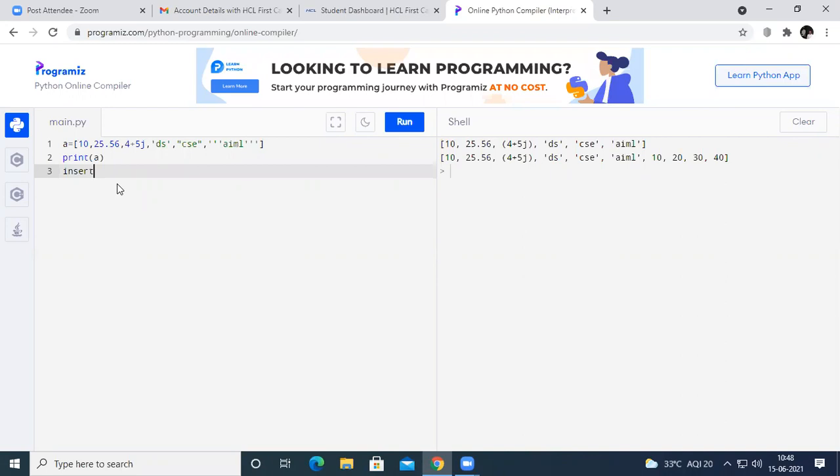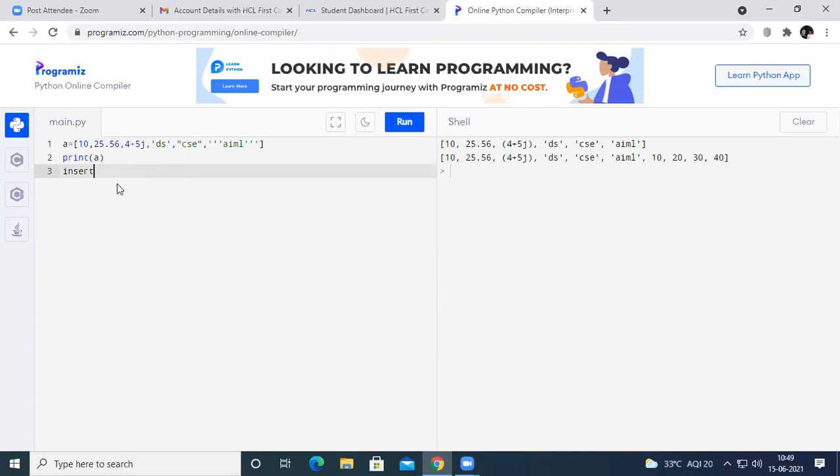What this insert function does is that it can add an element at a given position in the list. If you give a position and a value, it is going to add that value at that particular position. While using append or extend, they add the elements at the end of the list, so they cannot add the element wherever we want.